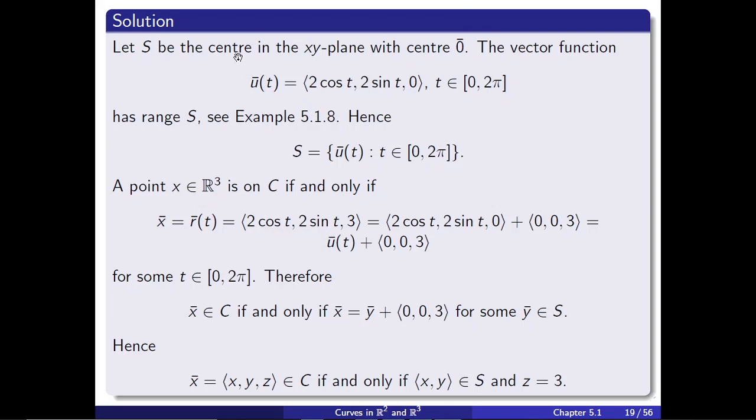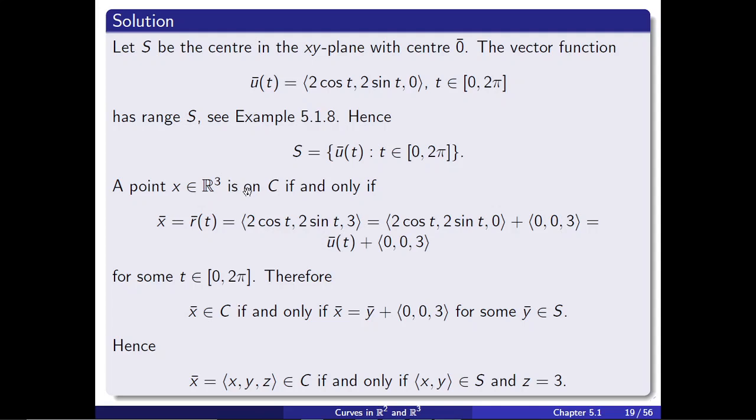This is the circle. My apologies again. Let S be the circle in the xy plane with center 0. So it's represented by that. So now we need to think about